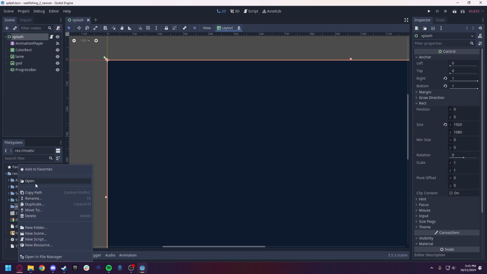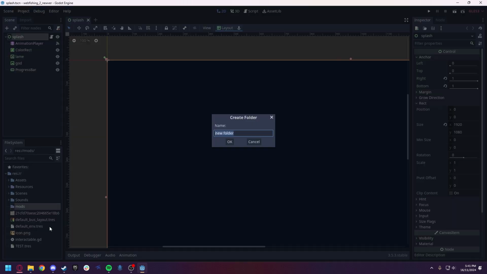Inside the mods folder, we're going to create a new folder, and this is where things are going to get a little interesting. You're going to have to remember this because this is going to be consistent throughout the rest of the tutorial. You're going to want to name this author.modName. So for instance, if your username is something like Squareface23, then you want that to be your author name,